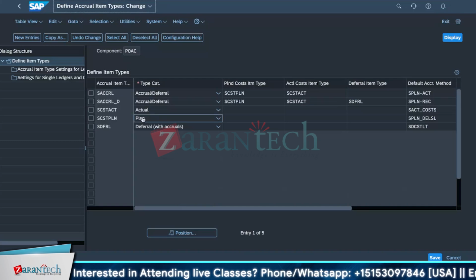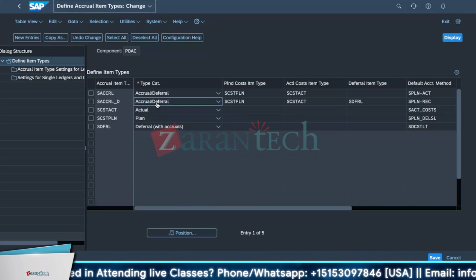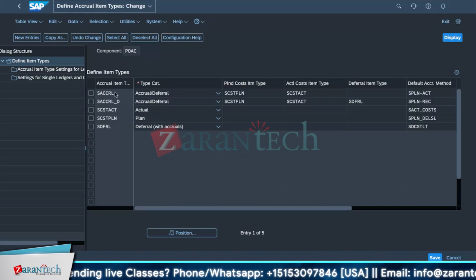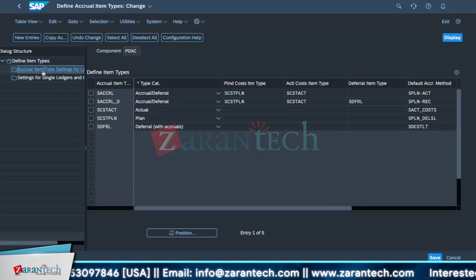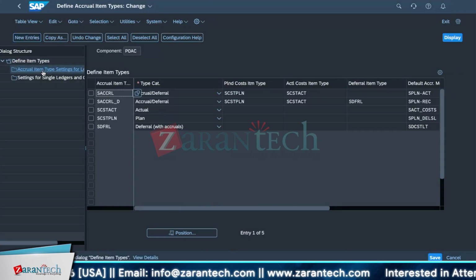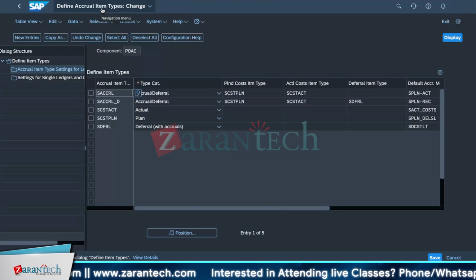You can see here plan, actual, accrual or deferral for one's category, accrual deferral standard, and deferral with accrual. These are all your standard ones. We don't need to define custom ones, but if you want to, you can go to new entries, provide that, and use it also. So these are your accrual item type settings. Once again, you can use these item types to calculate and post your accruals. We have standard calculation approaches for that. Now if you go to the app as well,